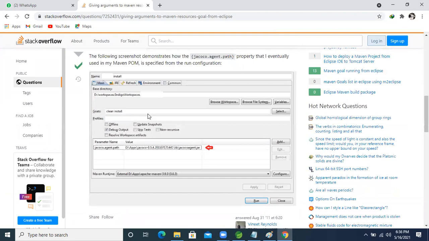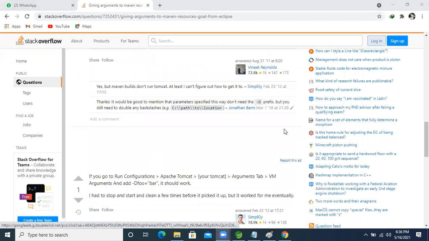Clean install. Goal clean install and debug output. Fine. Value Jacoco agent path. Goals, it's saying that, what is that? Goals means what? Clean install it's asking, right? Goal install. Okay, fine, fine. Location is correct.